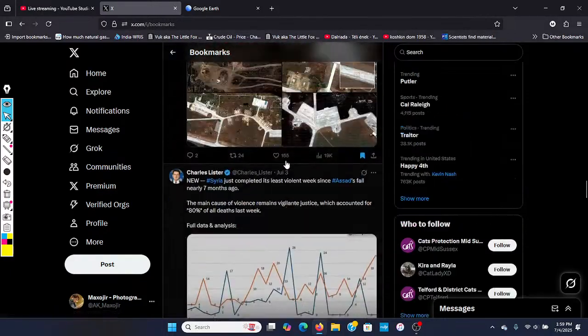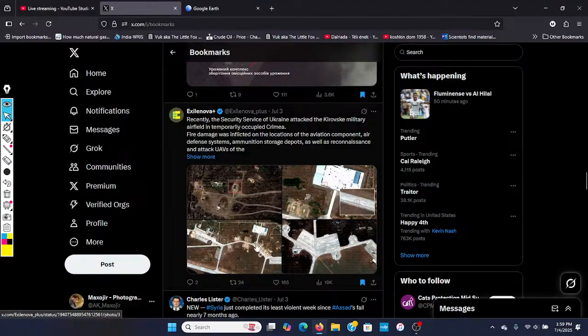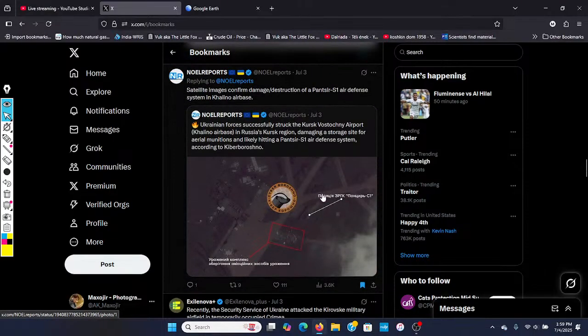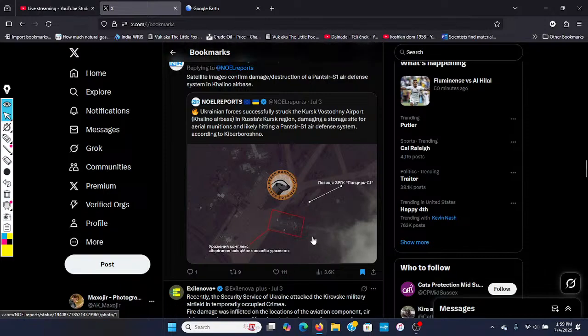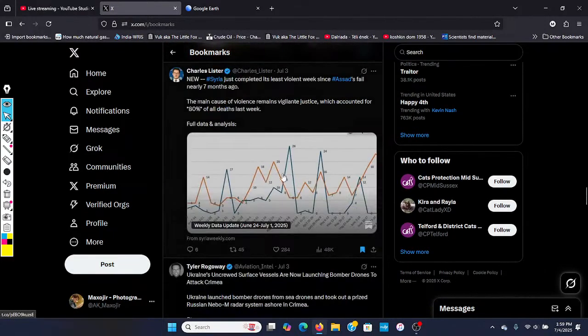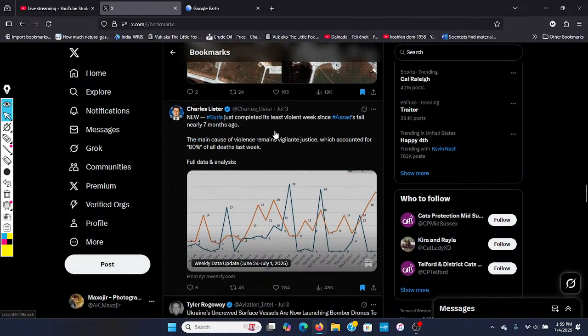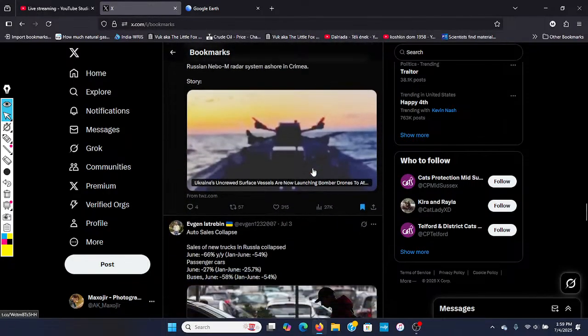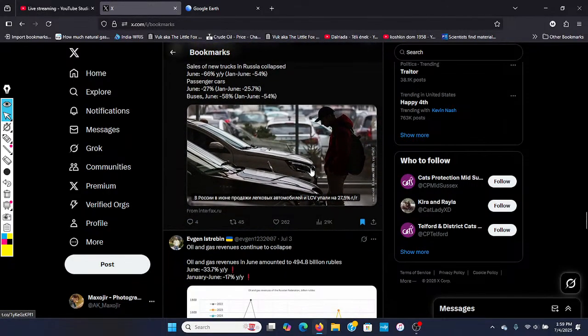All right, that's that stuff. Yeah, and there's satellite imagery and stuff of the air defense system blowing up, different vehicles and everything. Syria is becoming less domestically violent, still getting bombed by Israel left and right, but